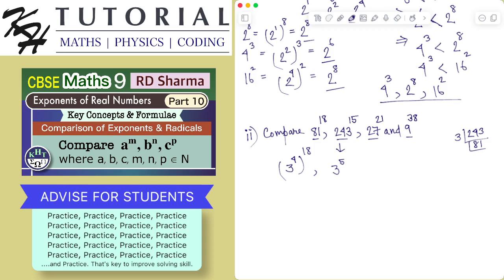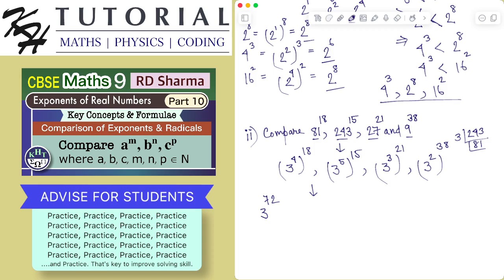243 is equal to 3 to the power 5, 15, and 27 is 3 to the power 3, and 9 is 3 square. So we have expressed all the bases of the given numbers as a power of 3. Now if I further simplify the given numbers, it becomes 3 to the power 72, because applying the laws of